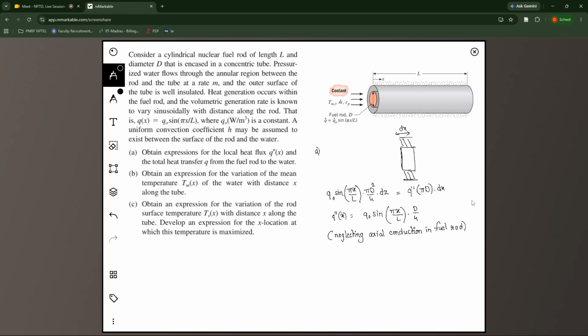Okay, now the second part of the first question asks you to find the total heat transfer from the fuel rod to the water. How do we do that? What we have to do is just integrate the total heat flux. So the total heat transfer is given by the integral of the surface heat flux at any x location times the surface area, which is pi d times dx, from 0 to the total length of the rod L. This is a fairly straightforward one. So all you have to do is substitute this equation back in this, which will give you